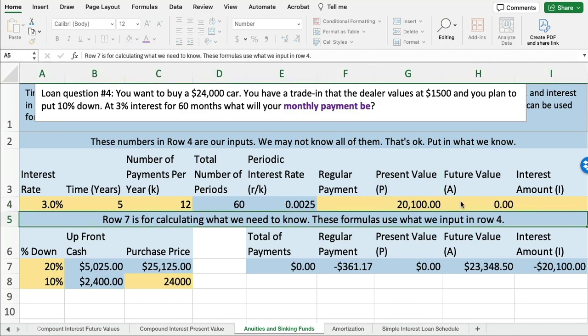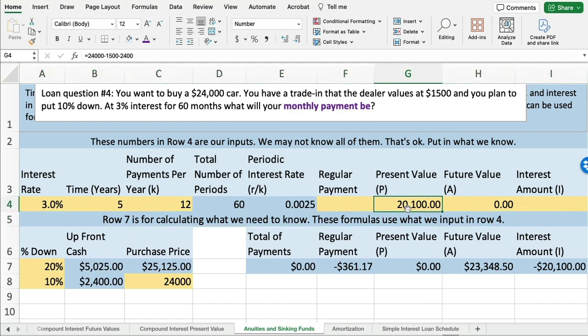Okay, and that's basically the amount that we're going to have to finance. So the portion of the car that we have to finance is whatever's left over after we get credit for our trade-in and after we get credit for our down payment. I'm not going into all these weeds about taxes and all that sort of thing. Let's just assume that we're paying cash for that. So the amount that we are actually financing is $20,100. As you can see down here in cell F7, it calculated what our regular payment would be. And if we actually put that up here,